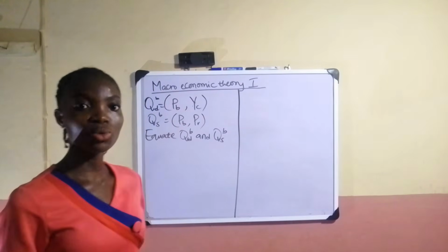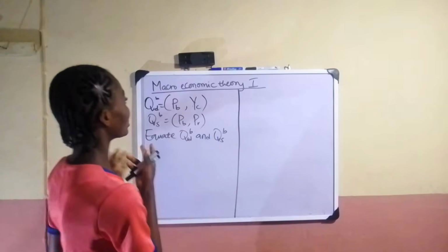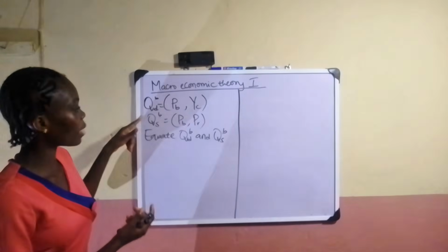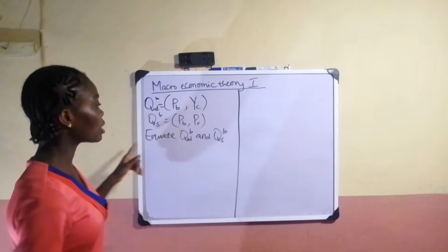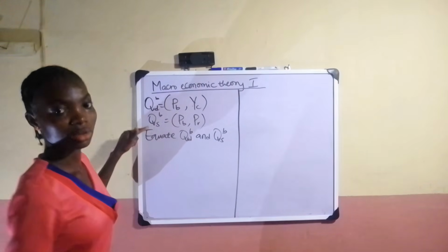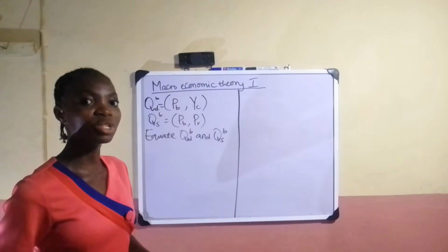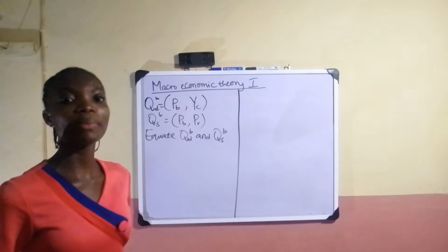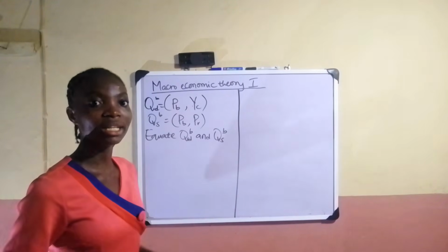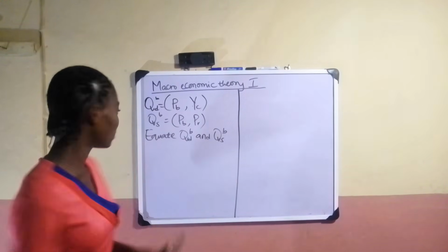Having gotten the two functions which we need, which are the quantity demanded of bread and the quantity supply of bread, the next step is to equate the quantity demanded of bread to the quantity supply of bread so that we can reach what we call equilibrium. Equilibrium here is the point where the quantity supply is equal to the quantity demanded. So we have